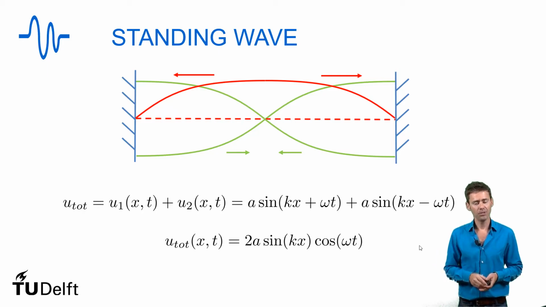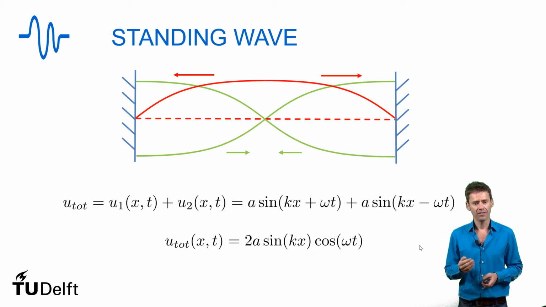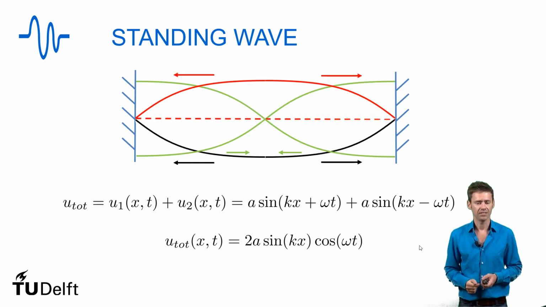After a later time, the wave again starts to propagate. So the bottom part again propagates to the left, the top part propagates to the right and flips around. And the same thing happens for the left-hand side. So after again a quarter of a wavelength, we see that the entire waveform shape has now flipped its sign and is now at the bottom part.